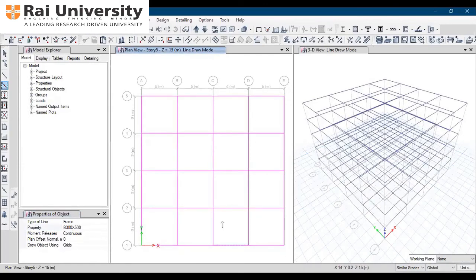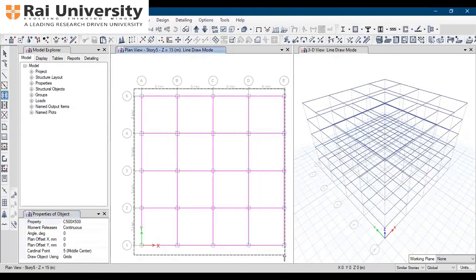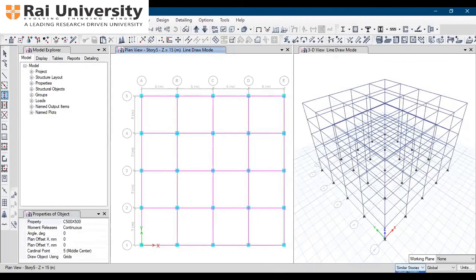Now the beam is done. So now let's go for the column. Again, you have to select the property for column. You have to select Similar Stories for column. Now the column is done.